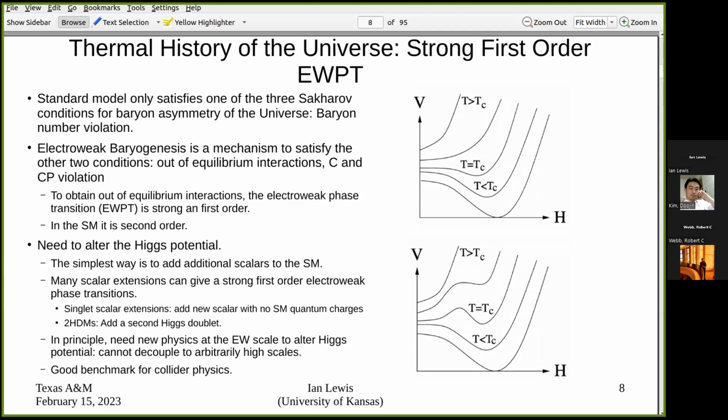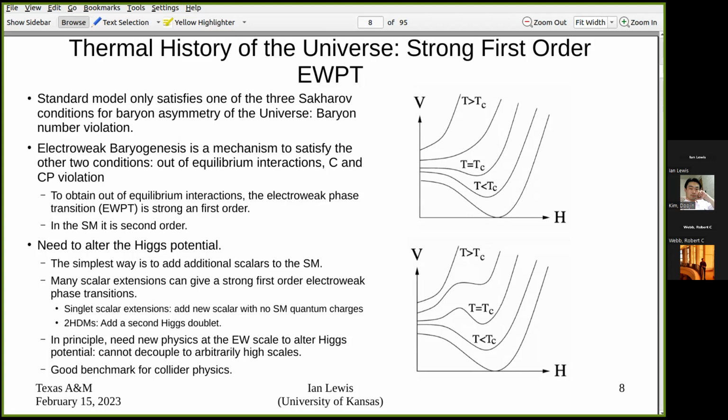This is my potential, this is my Higgs, and this is how it evolves in temperature in the early universe. So at very high temperatures, my Higgs actually has 0 VEV. Okay, so everything's massless, it creates a nice plasma. The temperature starts coming down, and at some point I develop a second minimum at the critical temperature, and I'll go from 0 and slowly roll down, and at 0 temperature I get a VEV of 246